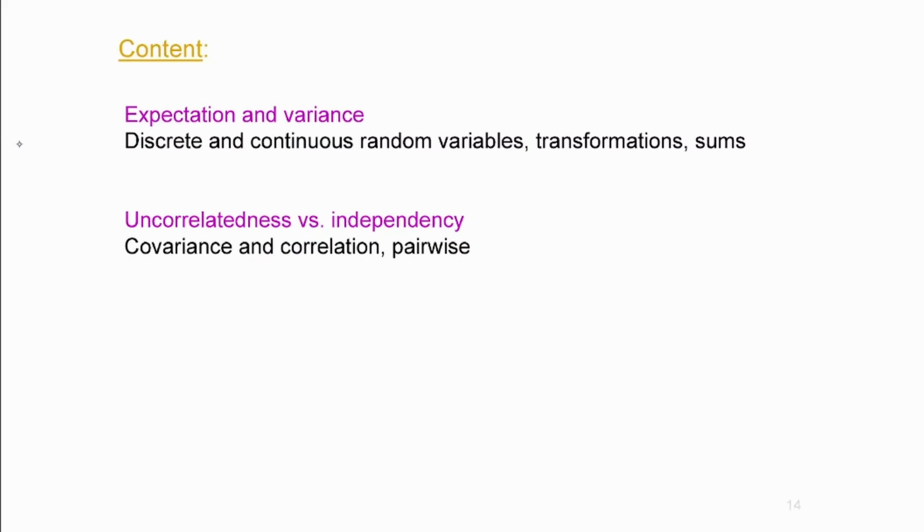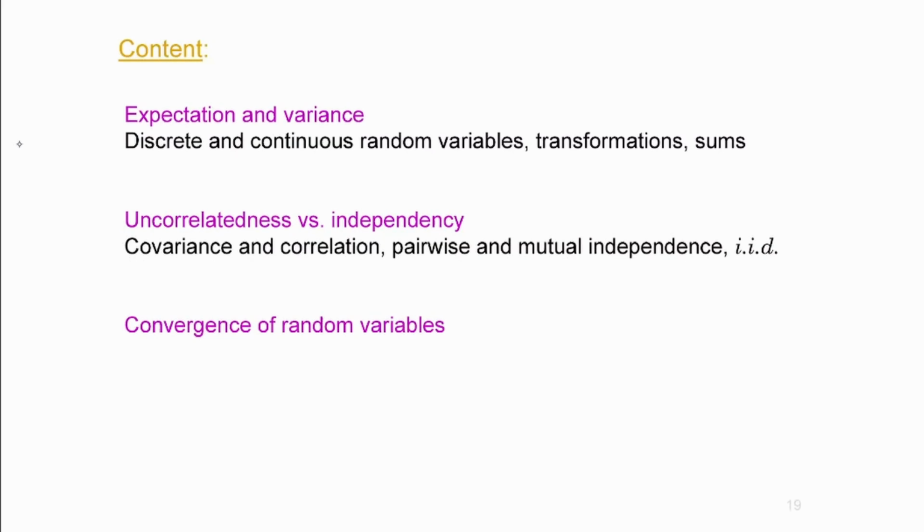So based on random variables, there is going to be pairwise and mutual independency, which is defined through the cumulative distribution functions. And we're going to look at i.i.d. random variables. i.i.d. is an acronym for independent and identically distributed. We're going to talk about that later on. I think you've seen this before, but I wanted to have that considered.